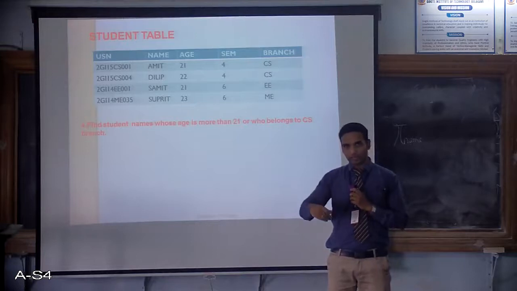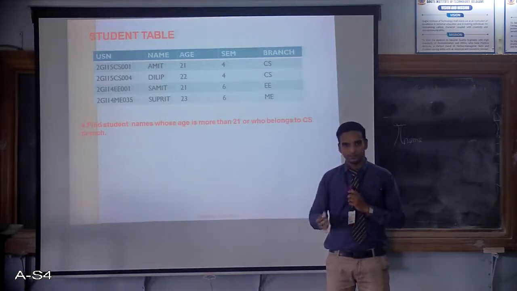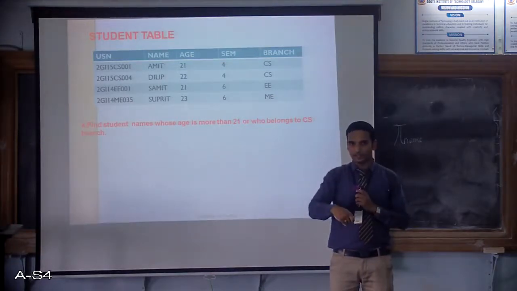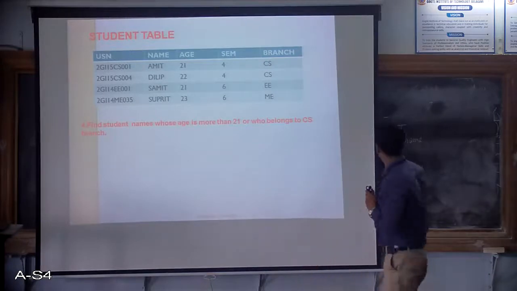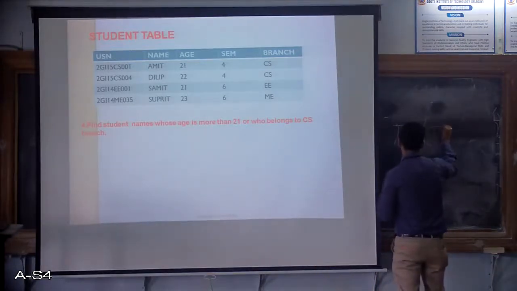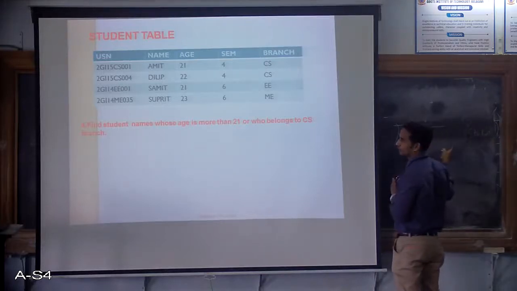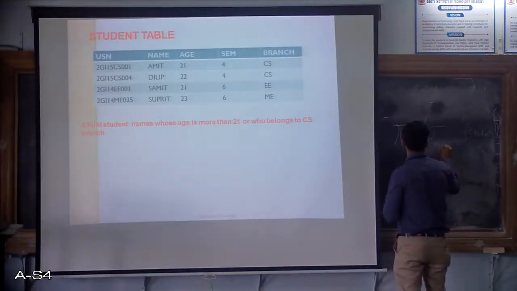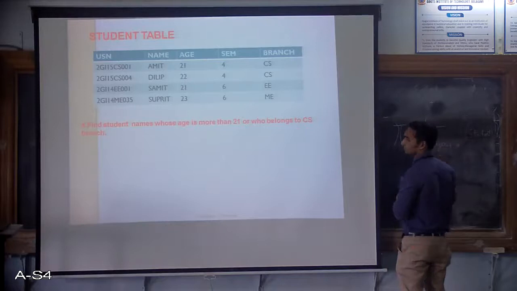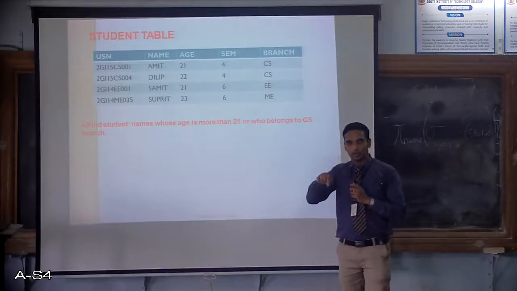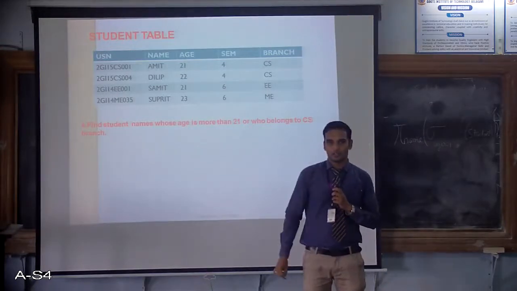When you go for the content level, you go with the select operator. Headings are selected by column, which is project, and for the content we always go with the select operator. Select from which table? Student table. Now what is the condition they have told? Here I'll write the condition where age is more than 21 or, the normal or. We don't have gates like or and; the wording is and, or.